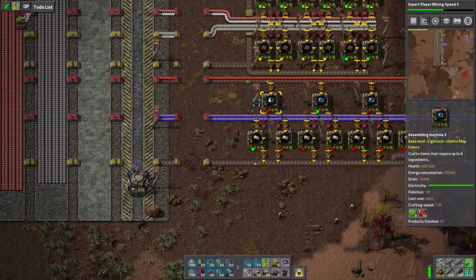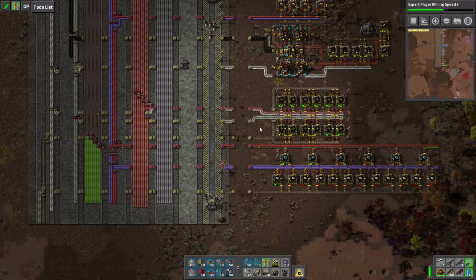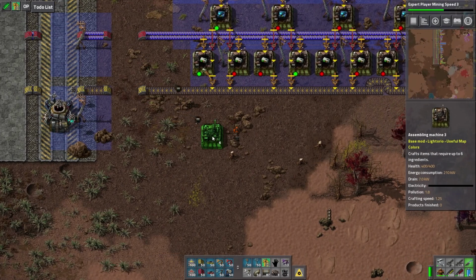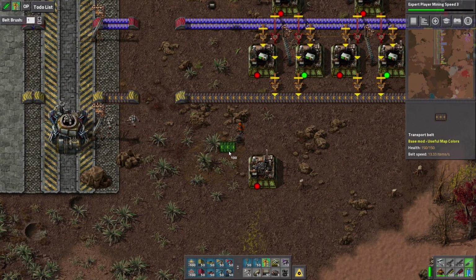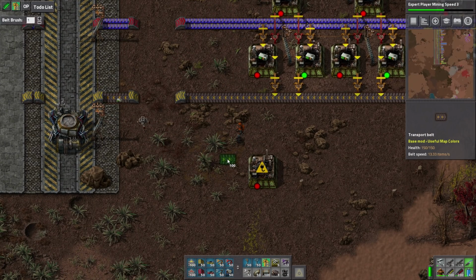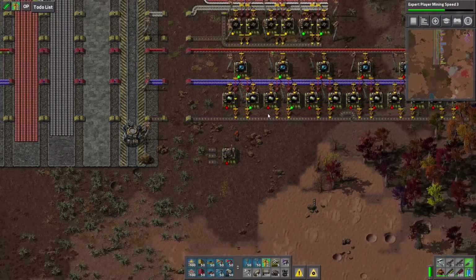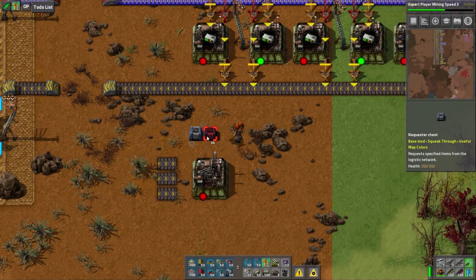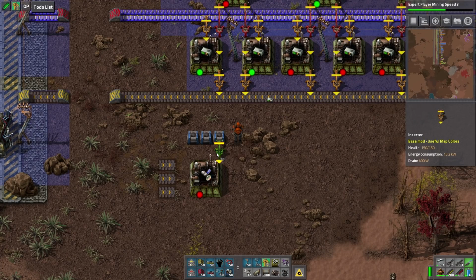Why aren't you guys working? Because you don't have green circuits. Yeah, we were talking about that earlier. Let's go ahead and set up something for satellites here. We're gonna need at least 3 lines coming in. And then we're gonna need some requester chests coming in as well. And you will make satellites. And that should